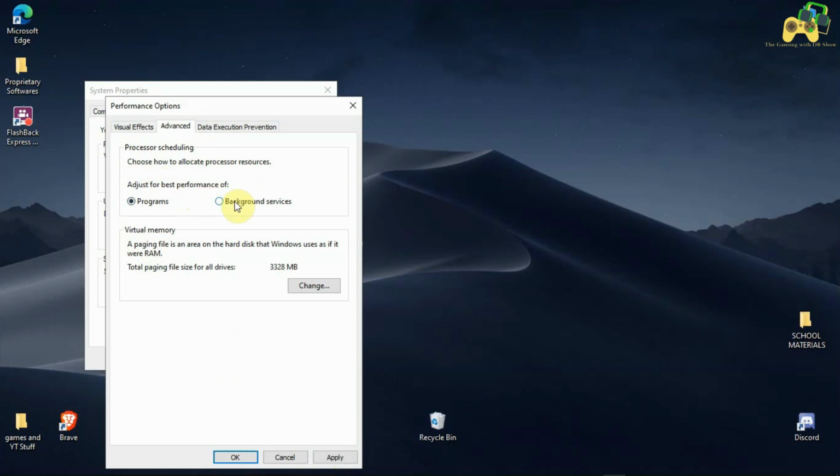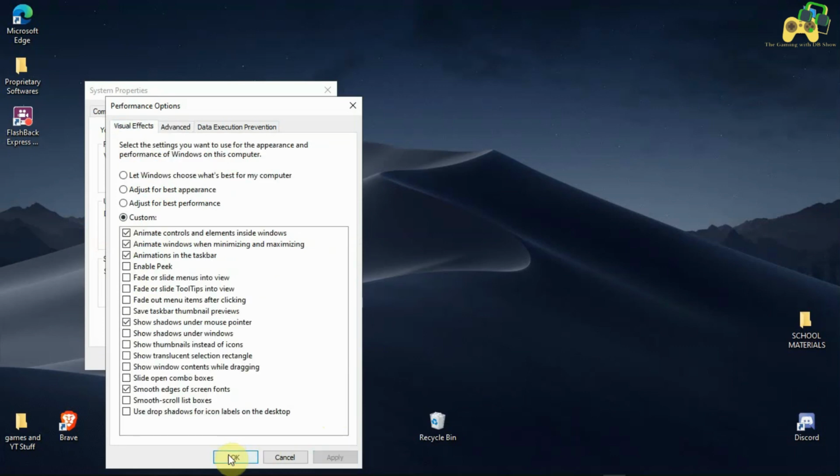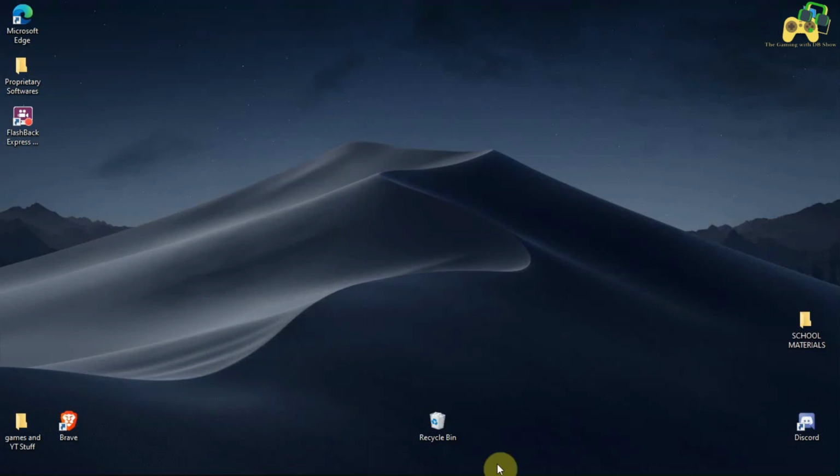So you need to select adjust for best performance of programs. Virtual memory step I'll tell you in a future video, because I need to do some calculations on which settings are the best for you guys. So anyway, click apply, then OK, and again OK.